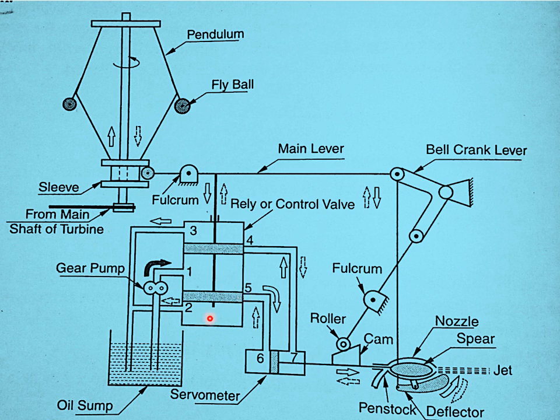So here what will happen? With the help of the gear pump, oil is sucked from the oil sump towards port A, and it moves through port 5, comes to the back of the piston, and moves this piston in the forward direction. So when the piston moves forward, the oil stored here moves up through port 4, passes through port 3 and comes back to the oil sump.